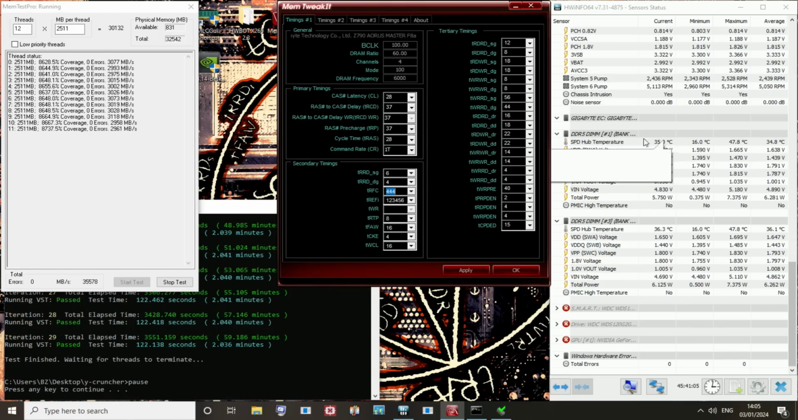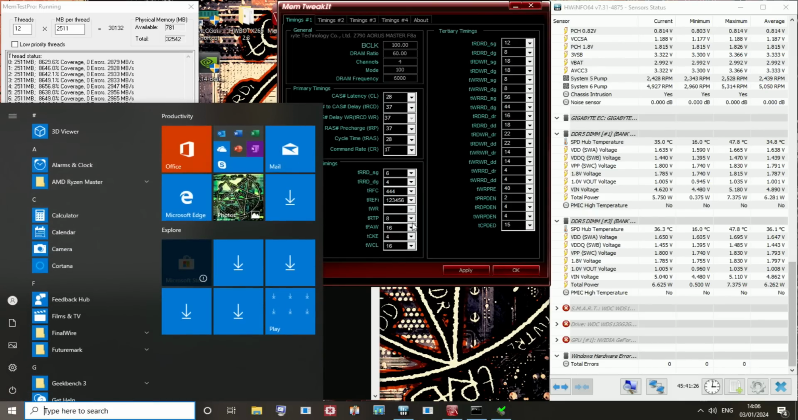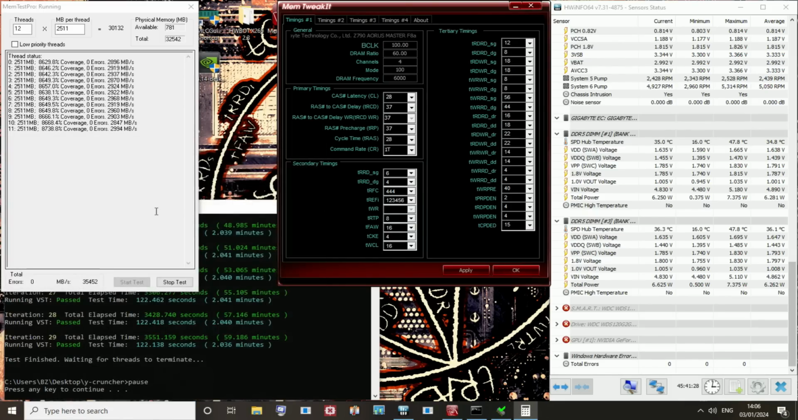Then we have TRRDDG, which is at 4, which works even at lower voltages, so that's not really anything special. My TRFC is at 444, which is a rather low TRFC. It's not minimized, I don't think, but I couldn't be bothered. TRFC is not one of those timings that I'm super concerned about, especially when your refresh interval is 123,000,